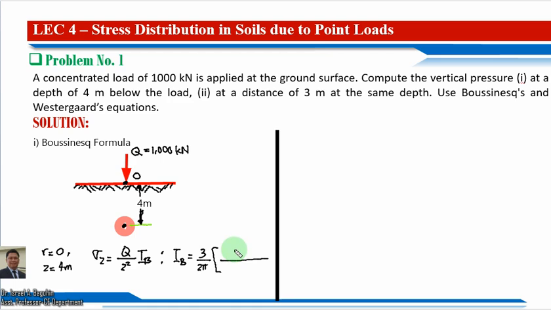Okay, so we have now this 1 over 1 plus this ratio of r over z squared, and then we are going to raise this one to 5 halves. Since our r over z is now equal to 0 over 4, r over z is just equal to 0. So if we substitute here, our I over b is just equal now to